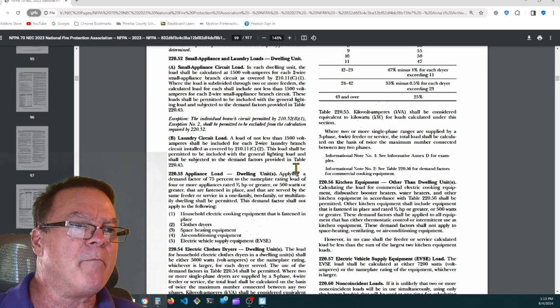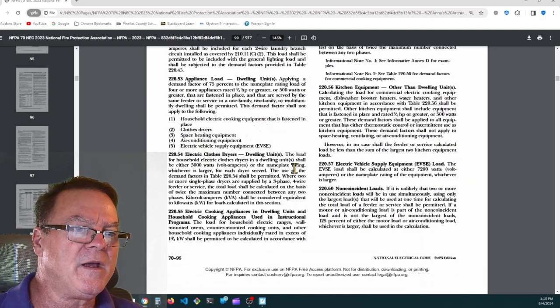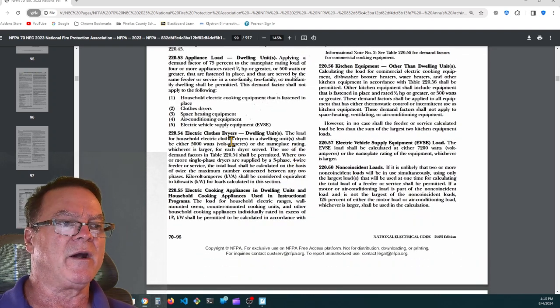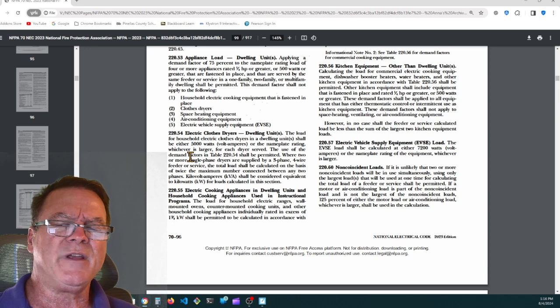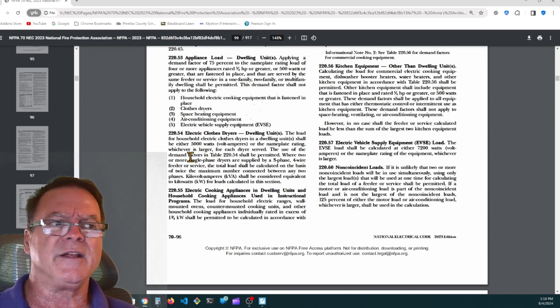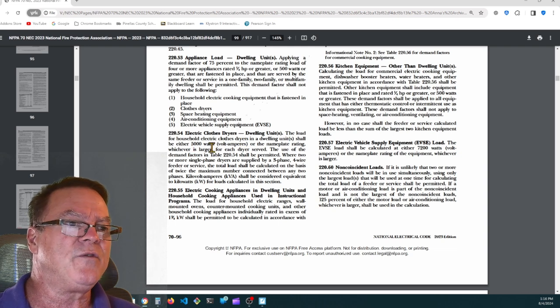We were talking about the electric clothes dryer. Well, it's a minimum of 5,000 watts, and in this case, a watt equals a volt amp, or the nameplate rating of the dryer, whichever's greater. So if you install a dryer and it's only 4,500 volt amps or watts, you still have to provide 5,000 volt amps. So it says the load for household electric clothes dryers in a dwelling unit shall be either 5,000